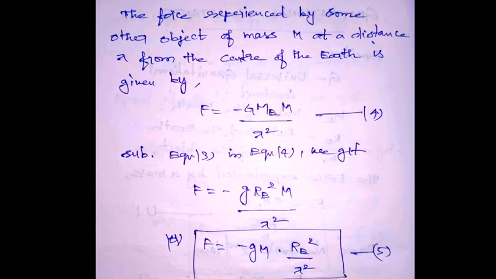Therefore I get F is equal to minus g Re square into M divided by R square, and rearranging the right hand side, we get F is equal to minus small g into capital M into Re square divided by R square. So this equation 5 represents the force experienced by the object which will be placed above